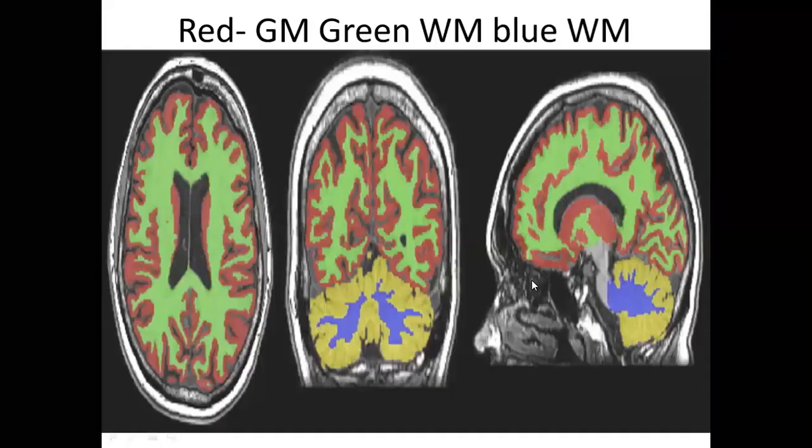Now, nowadays we have the PET scan, after CT and MRI. In CT scan and MRI, we can see the anatomy of the brain, not the physiology. But in the PET scan, we can see the physiology of the brain also, the functioning of the brain. In this scan, red is the gray matter, green is the white matter, and blue is also white matter. Which areas of the brain are functioning or not functioning, we can see by PET scan. So you can make out the gray matter and the white matter in the PET scan.